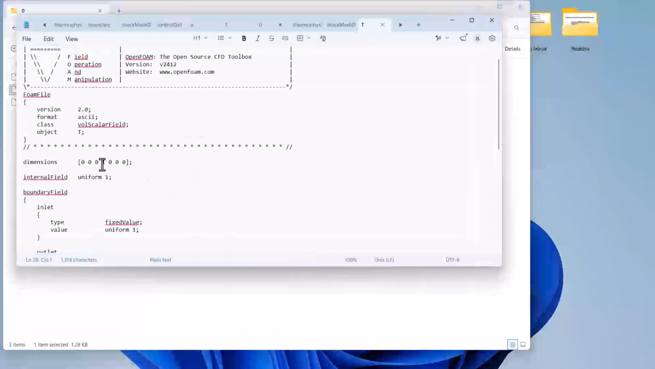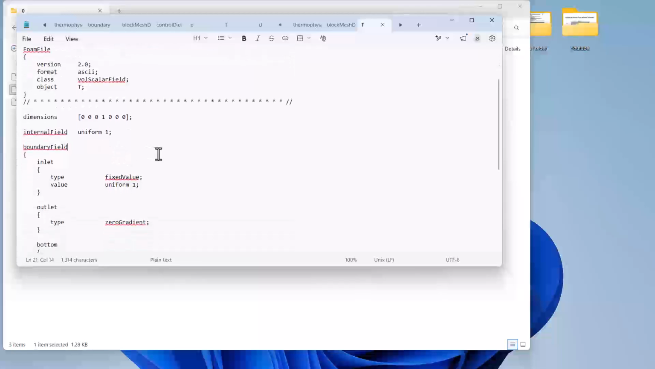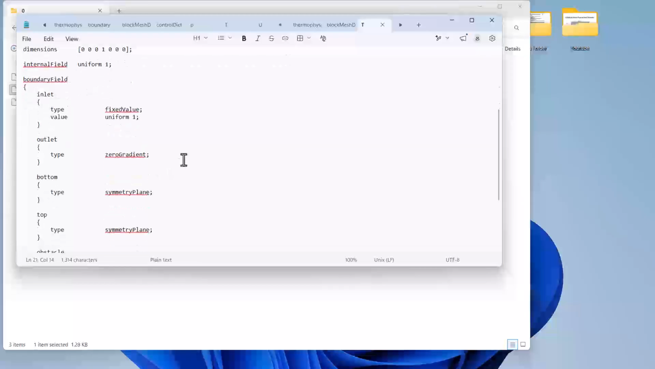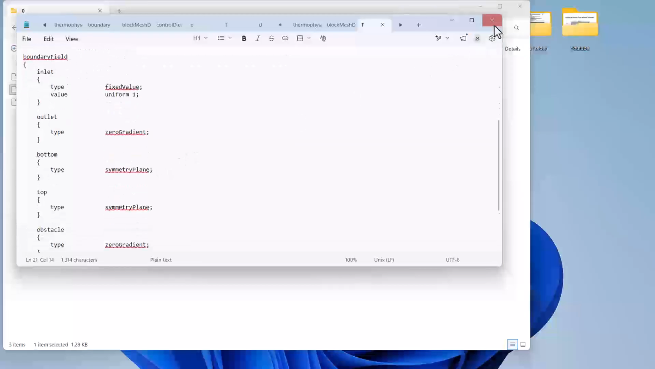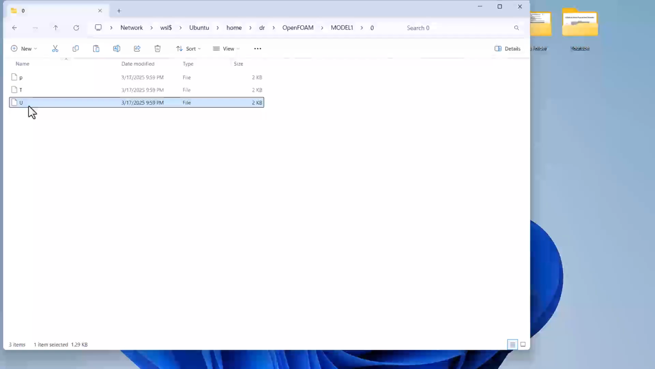Here, as you can see, it is the unit of the temperature. It is our initial value of the temperature, which is 1 Kelvin. And for the boundary condition, we have for the inlet also 1 Kelvin. So our inlet temperature is 1 Kelvin. For the other boundaries, we have zero gradient or symmetry boundary conditions. Okay. And for velocity,